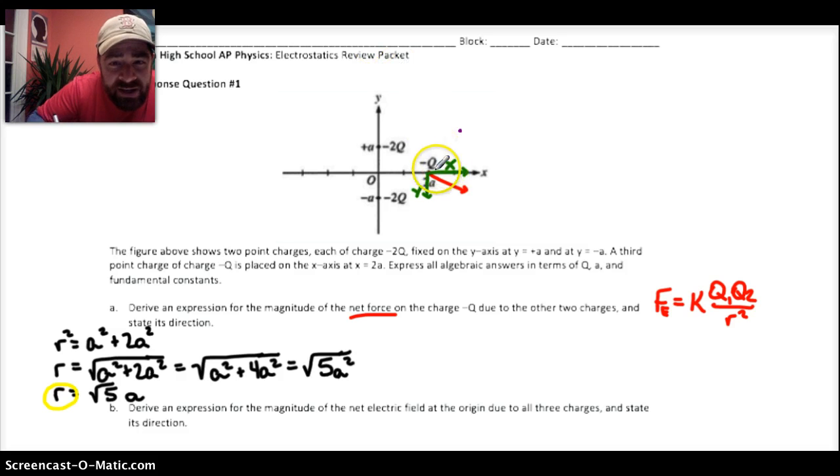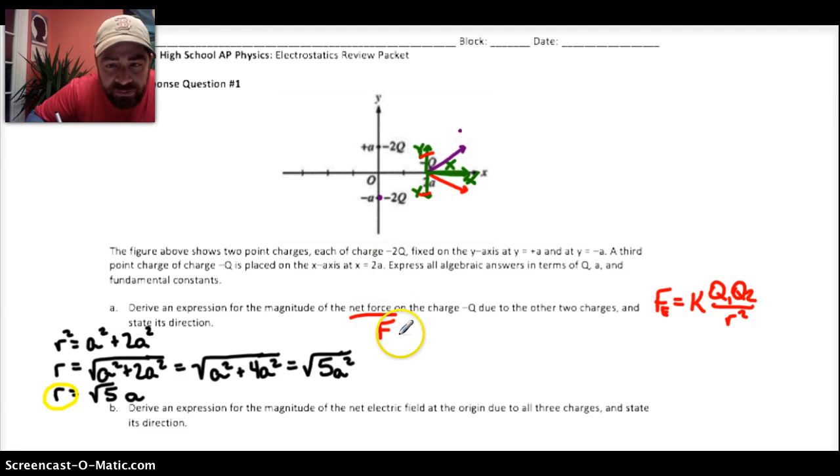And likewise, due to the charge over here, the negative 2q charge, there's a force acting up and to the right, which again can be resolved into its x and y components. So I have a positive y component and then another duplicate x component along the x-axis, both rightward pieces. You should immediately see here that the 2 y components are always going to cancel out, and ultimately I'm going to be left with a net force that is simply the sum of the 2 x components. So what I can say then is that my expression for the net force acting on the single charge minus q is going to be equal to